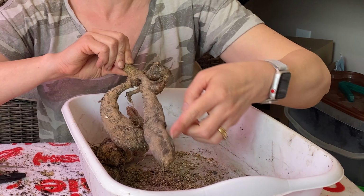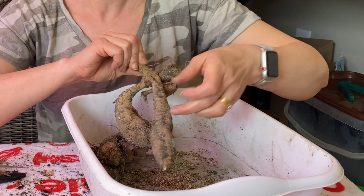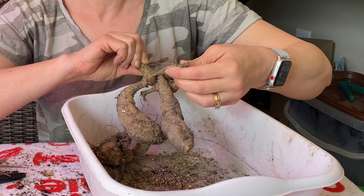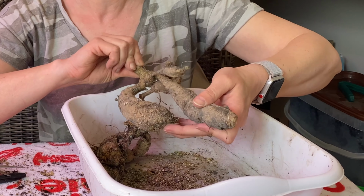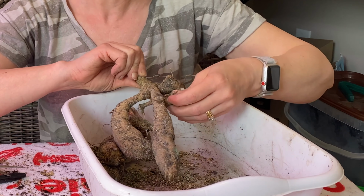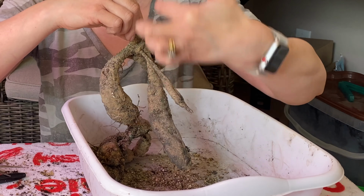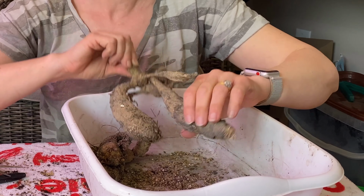So again, here's the tuber. There's a little bit of a neck, and then the growth points are up here. I'll leave this smaller tuber just because there's just the 2 on here. They're nice and healthy. I could take it off and it would be fine, but may as well let it grow and develop. And I can probably wind up dividing this down this way in the fall. And I probably could right now